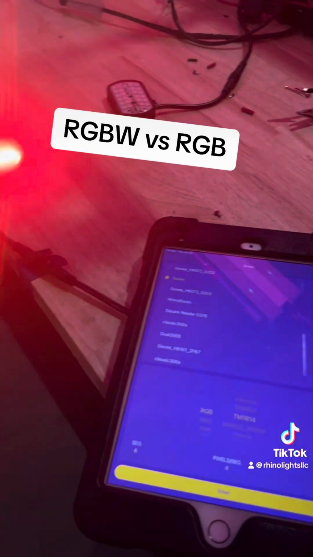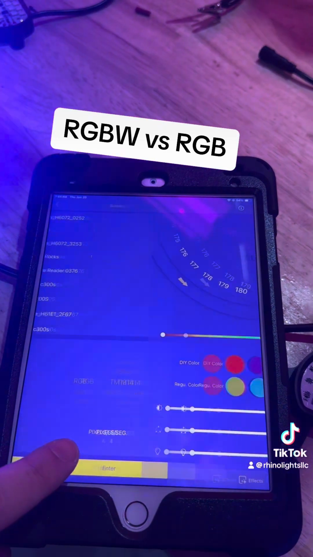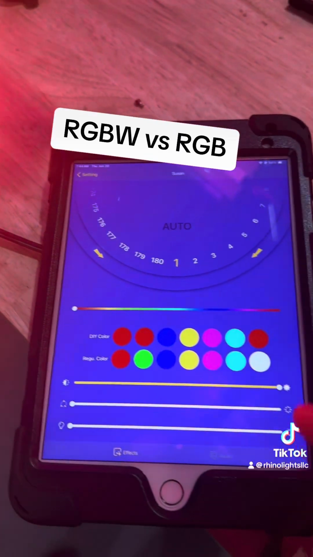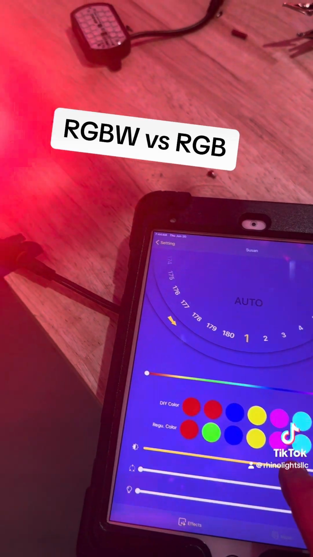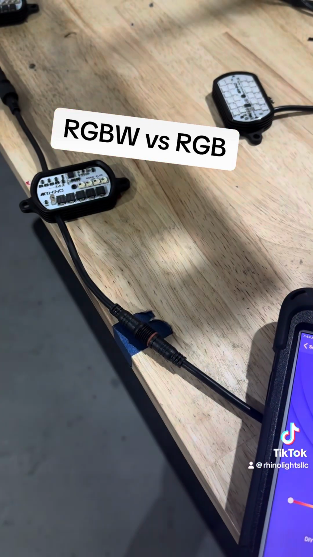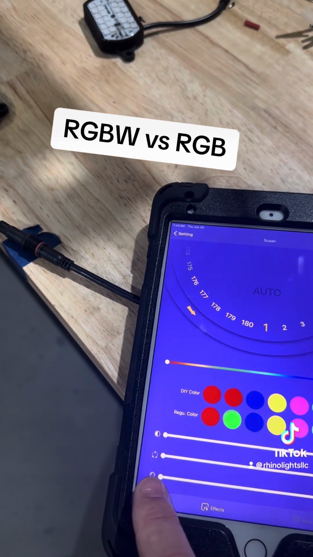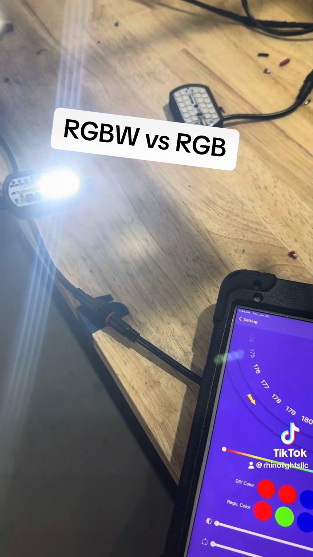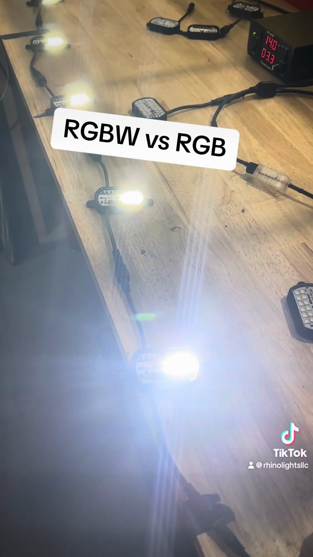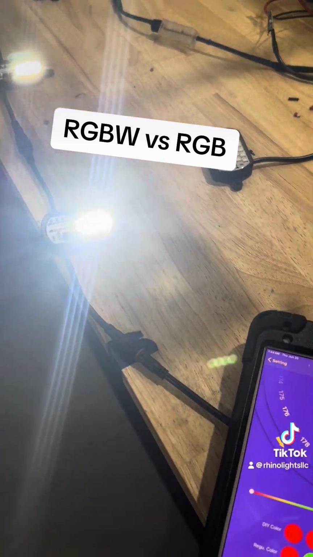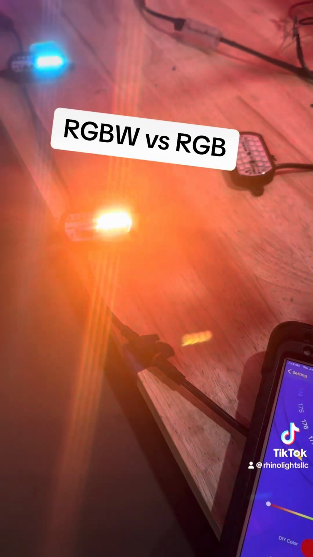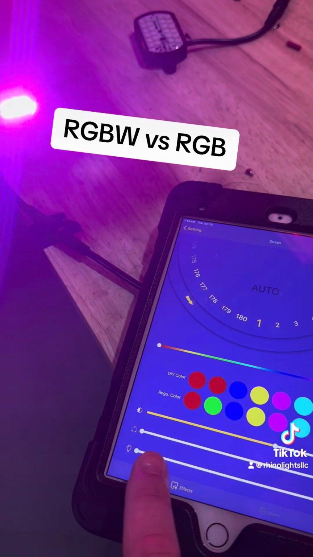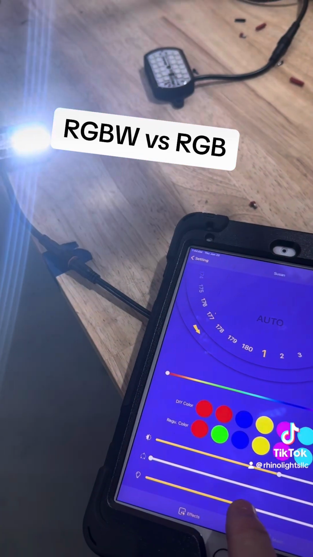Something else I want to show. So here's pattern 1. I'm connected on the app. I go inside. With the RGBW, you have a dedicated white channel. So if I dim down the RGBs for the sake of simplicity, I can bring up the dedicated white channel. That's a 5000 Kelvin white. If I do it halfway, and then I initiate the white, it will